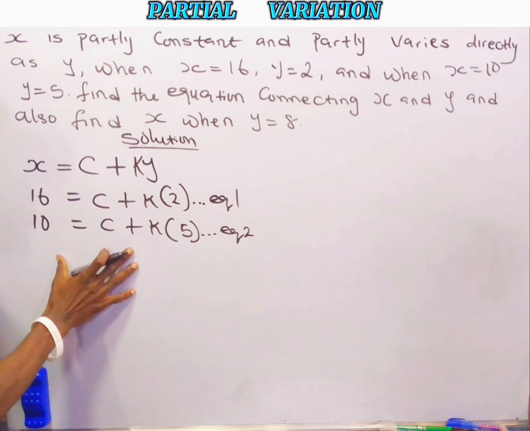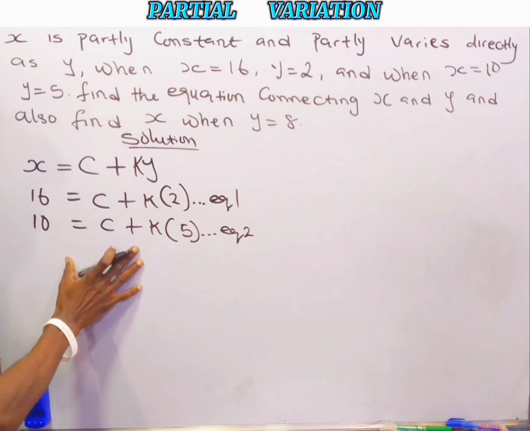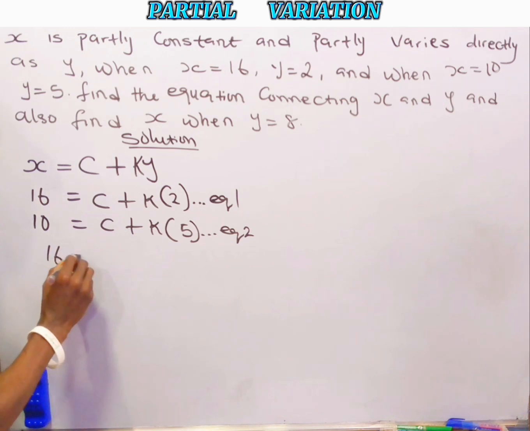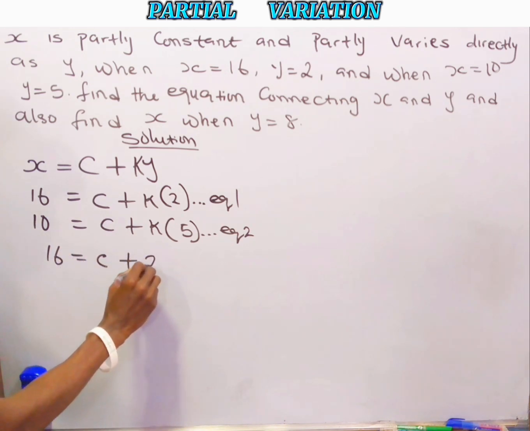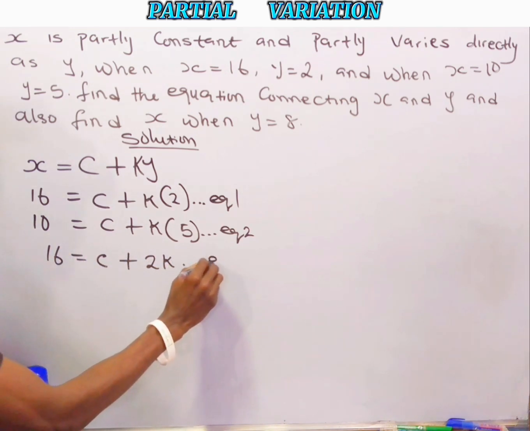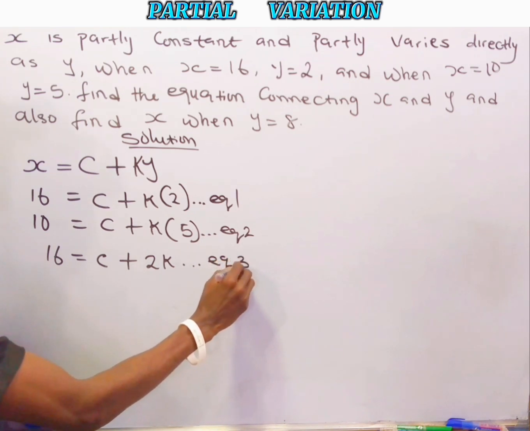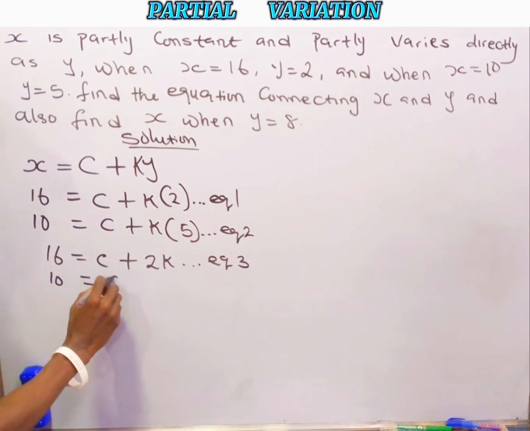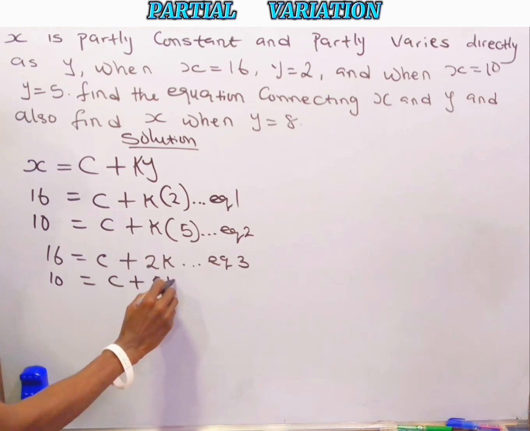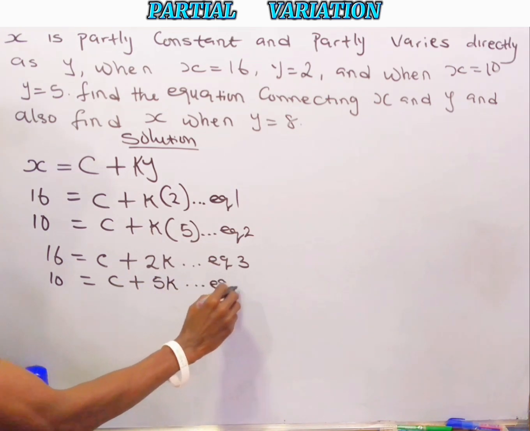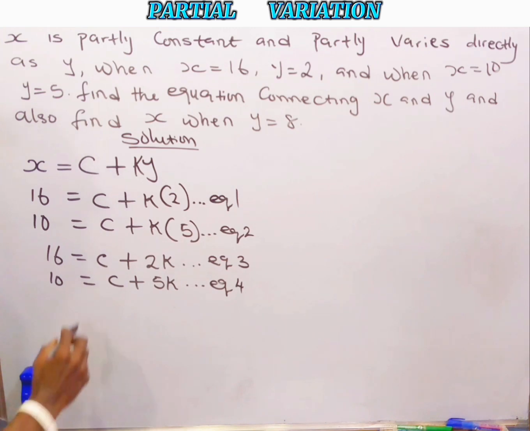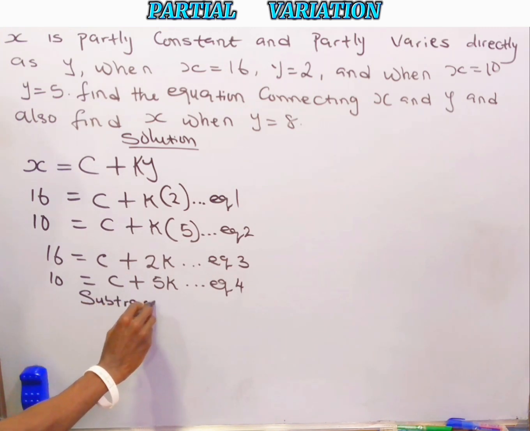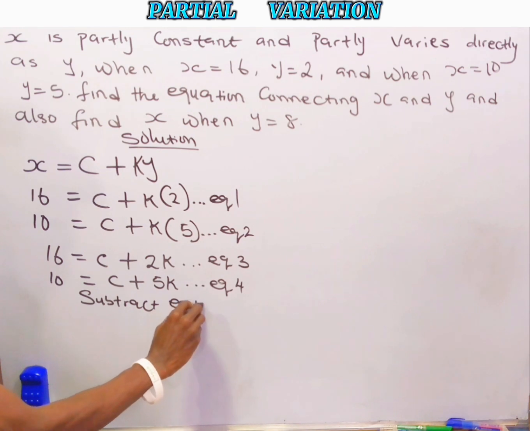So we've gotten simultaneous equations, and we'll treat this question as a simultaneous equation. From equation 1, 16 is equal to c plus 2k. Let this be equation 3. And from equation 2, 10 is equal to c plus 5k. Let this be equation 4. Therefore, let's subtract equation 4